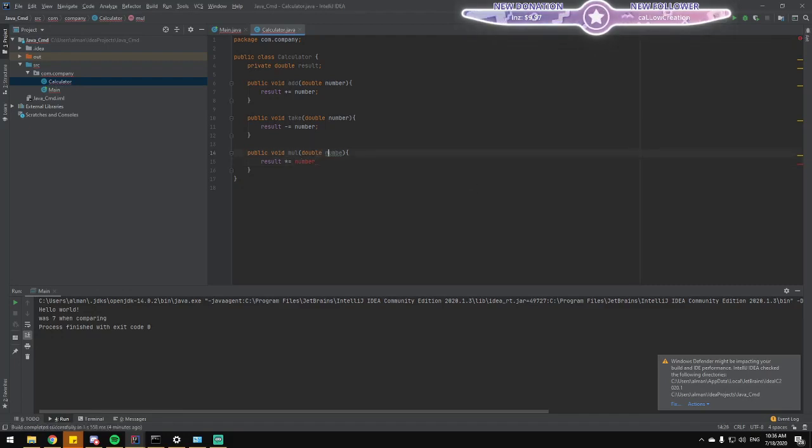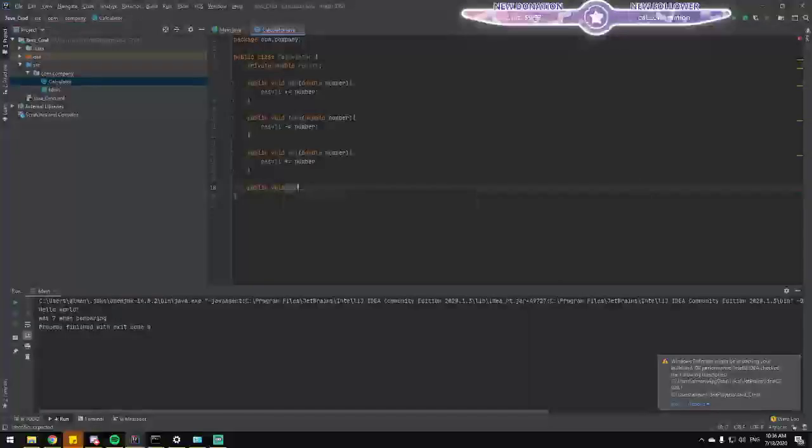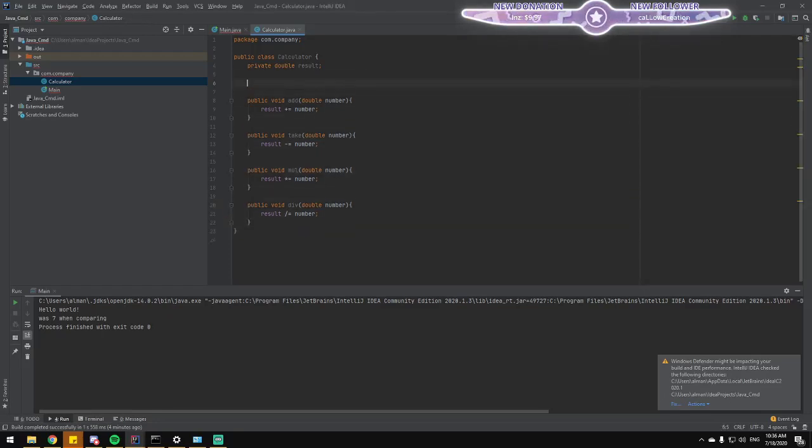Number, div, number, result. So far, this is literally like C#, other than the conventions. And I guess the most important thing is getting the result.